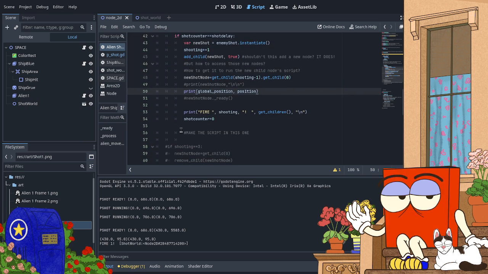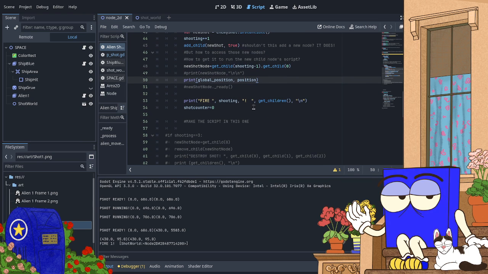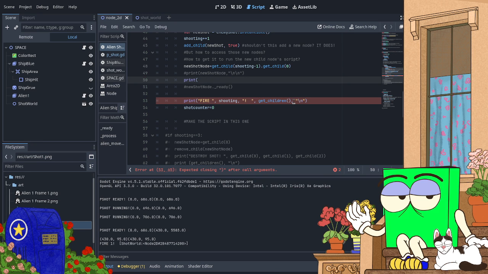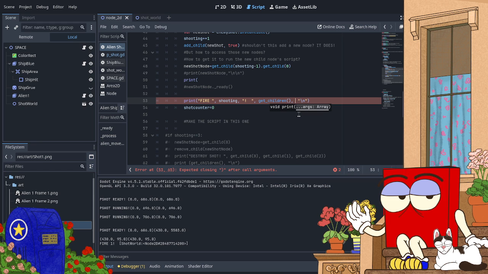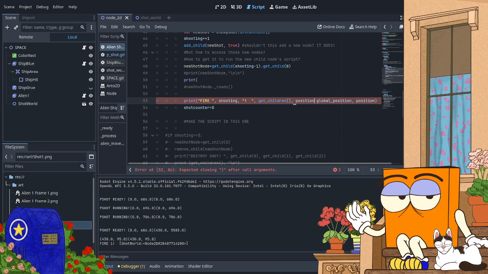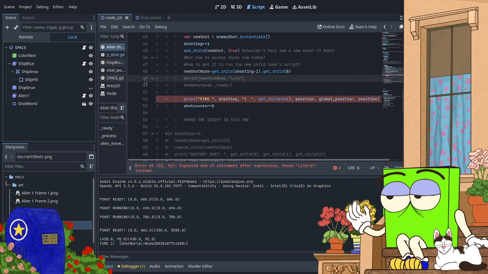Alien 1. Like that half a print statement being there.